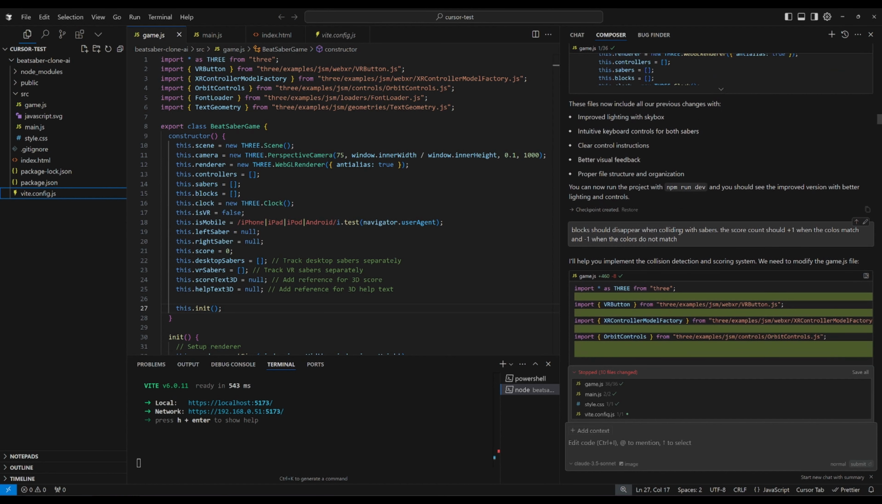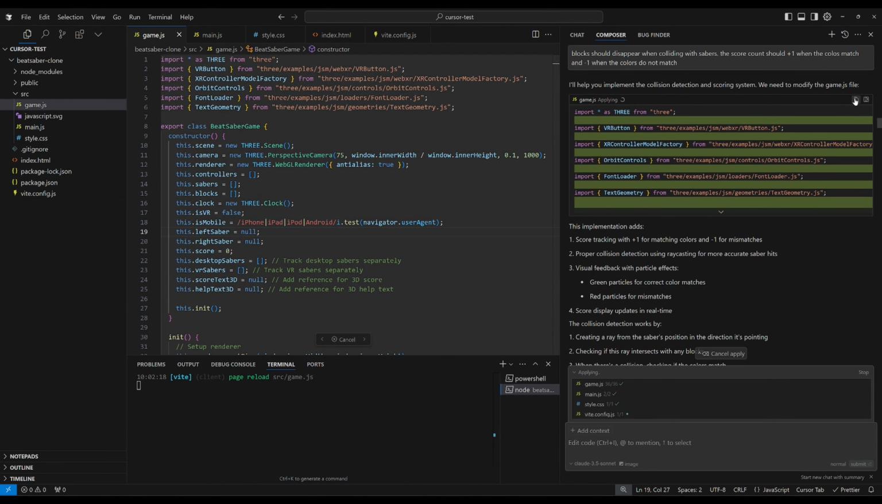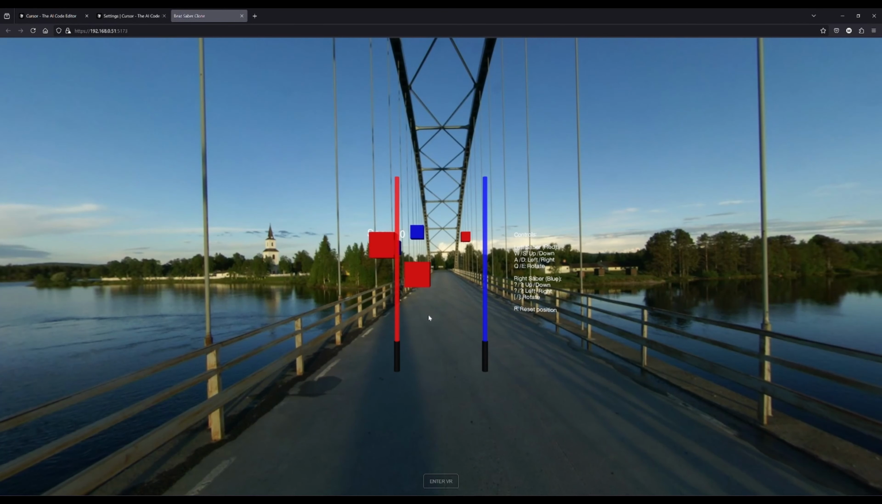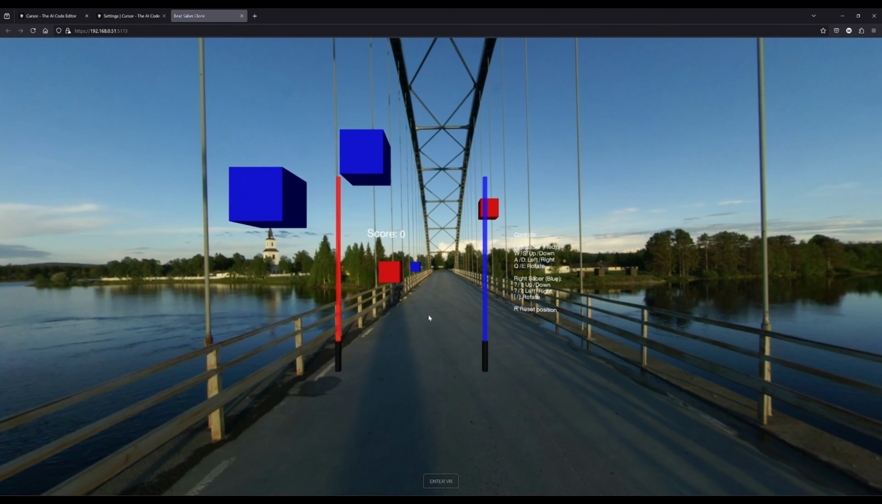And yeah, the blocks didn't disappear. So we'll reapply the changes here. Wait for it, click on accept file changes, and the page will reload. And now we're checking out how it looks in the browser. And as you can see here, I can move my sabers around with my